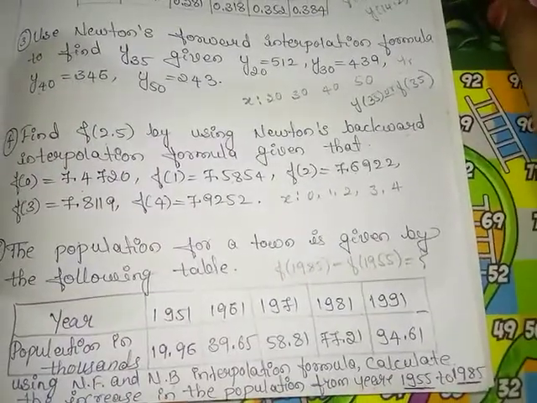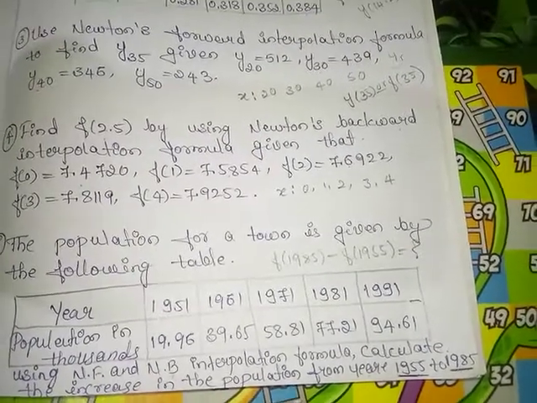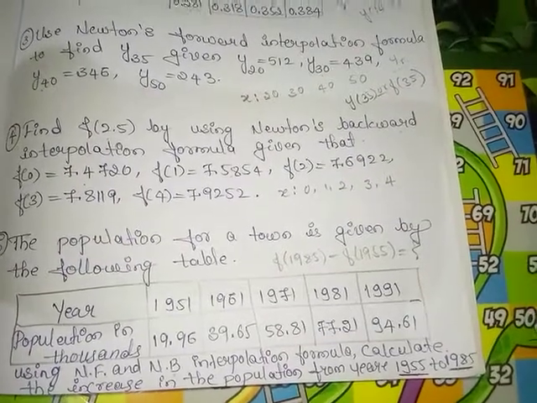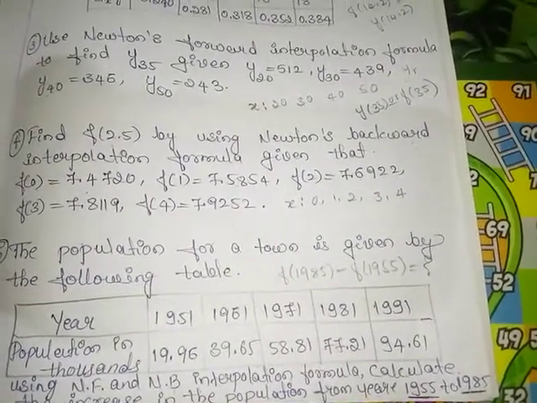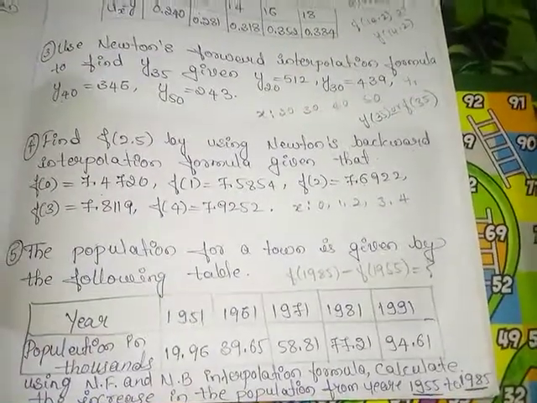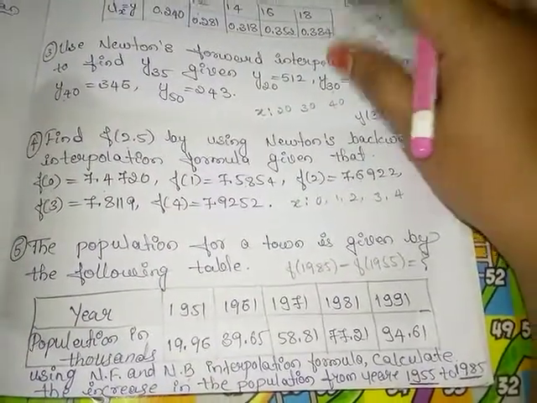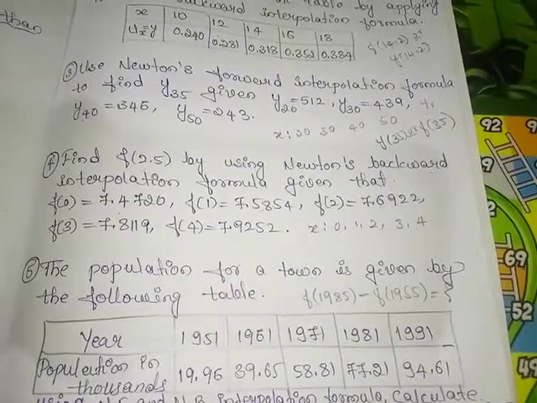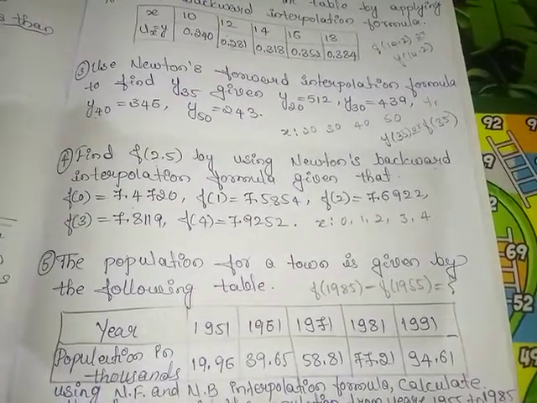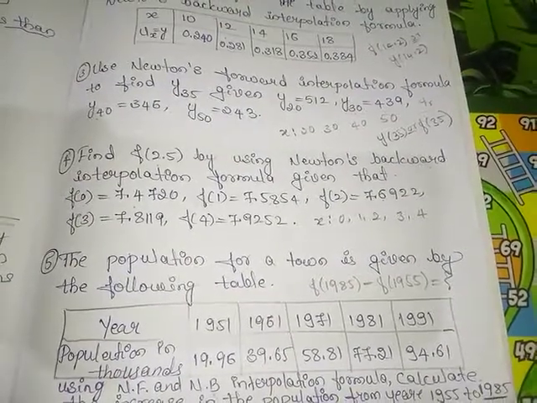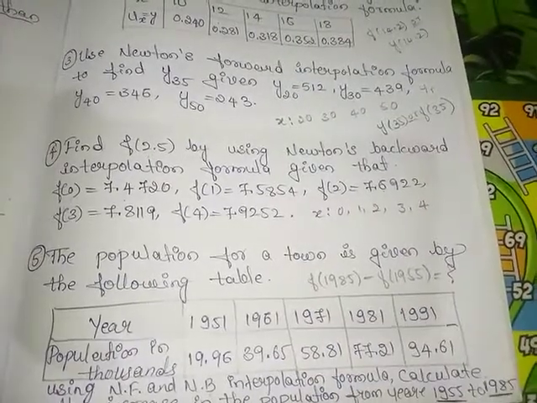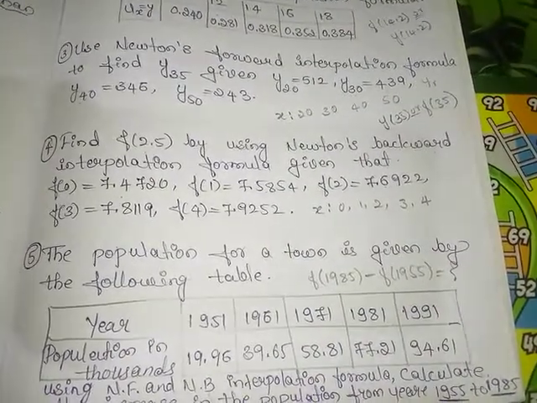These are some homework examples based on Newton's forward and backward interpolation formulae. Up to this, the Newton's backward and forward concept is over. In the next class, we will see the next concept. In the live class, I want answers for all these homework examples, for today's homework examples and also the previously given homework examples. All of you must solve these examples, write the notes and solve them. I will check in the live class only. Okay, we will see the next concept in the next class.